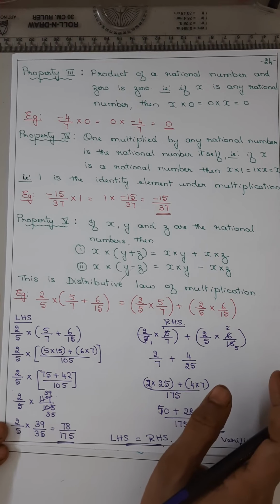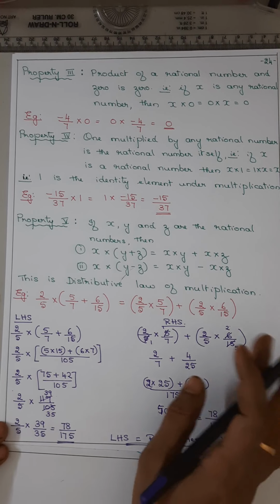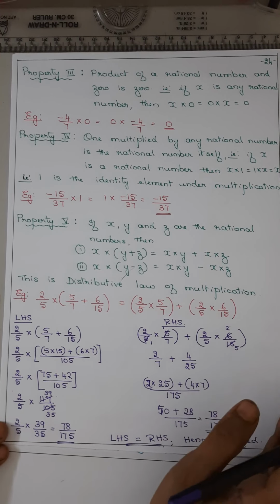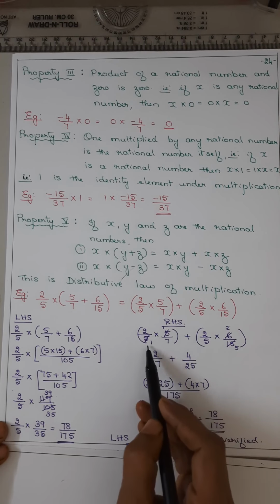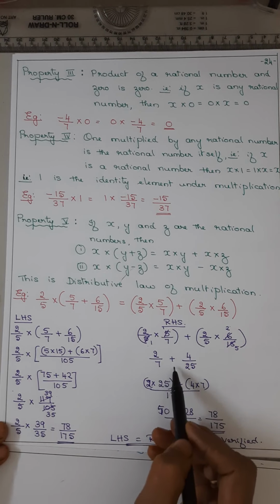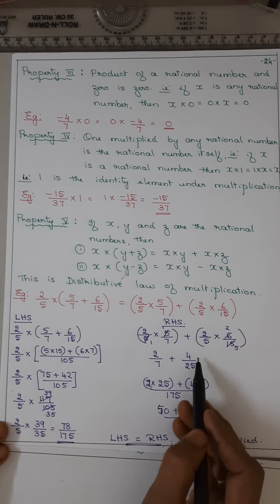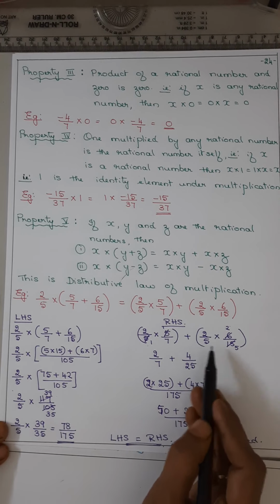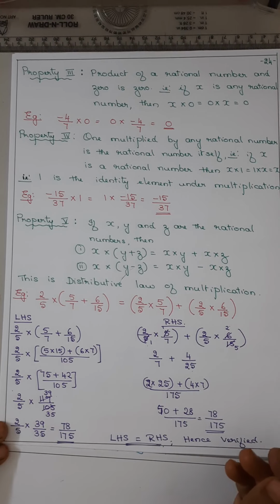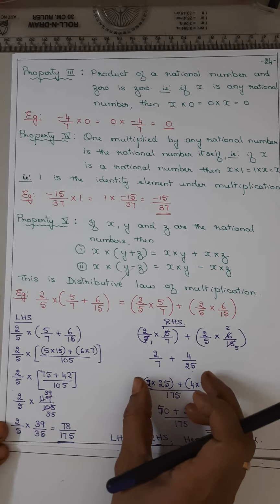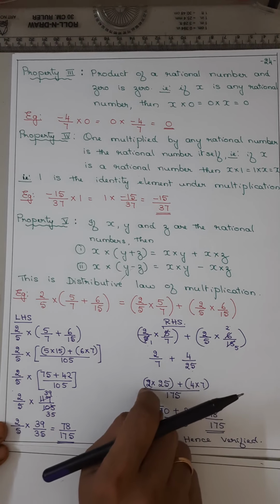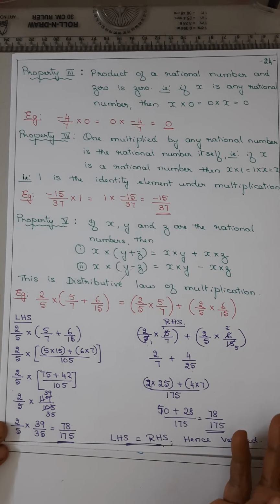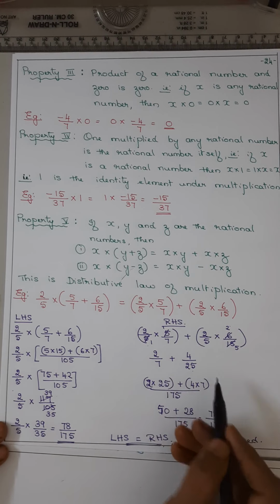So you are understanding this topic now? How to cancel. Now 2 1s are 2 upon 1 7s are 7 plus 2 2s are 4, 5 5s are 25. So you got two rational numbers. Now we have to add. Addition के लिए तो LCM, isn't it? Now 7 and 25.